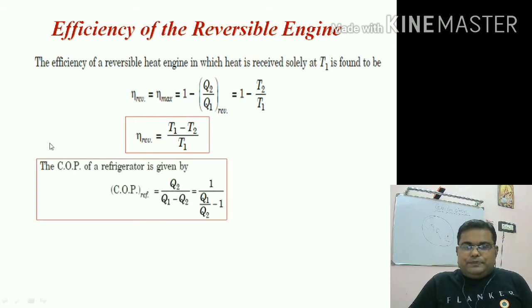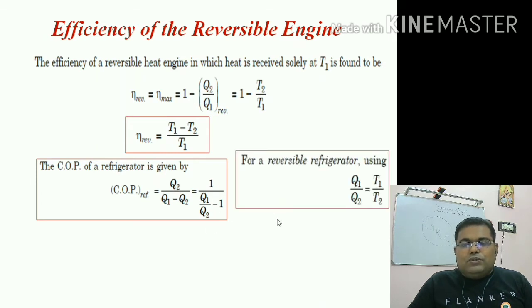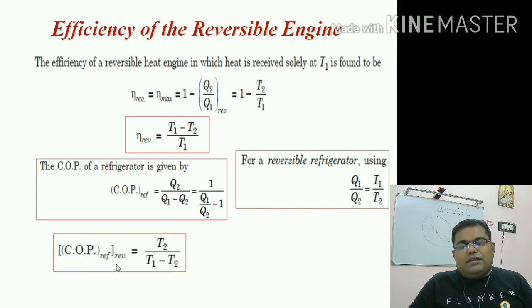So we take the case coefficient of performance of refrigerator, which is nothing but Q2 divided by (Q1 minus Q2), where Q2 is the lower temperature heat, right? Heat taken from the low temperature zone, and Q1 is the heat rejected to the high temperature zone. So this term can further be written as 1 divided by (Q1 by Q2 minus 1), because we have taken the Q2 out. So for reversible refrigerator, we can say Q1 by Q2 is equal to T1 by T2 because it depends only on the temperature. We substitute this value here. We can write coefficient of performance of a reversible refrigerator is equal to T2 divided by (T1 minus T2),